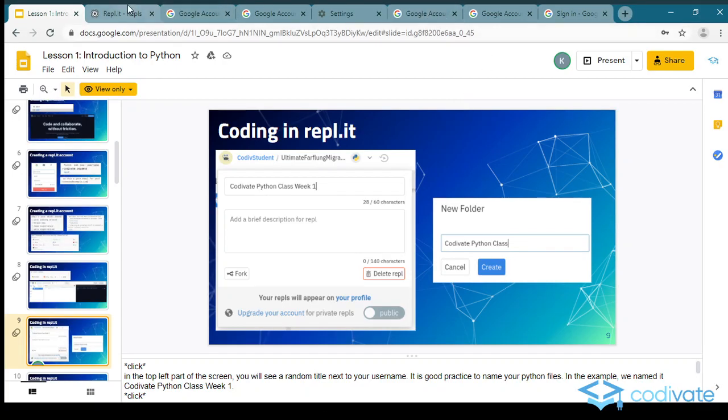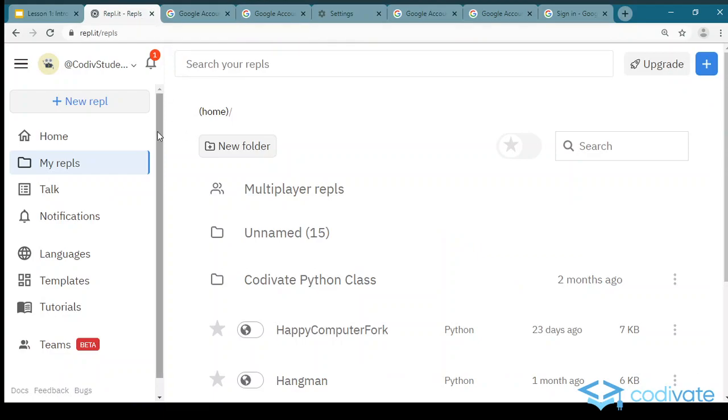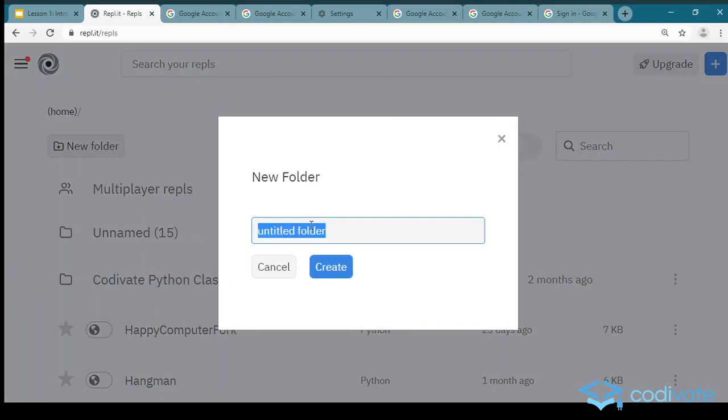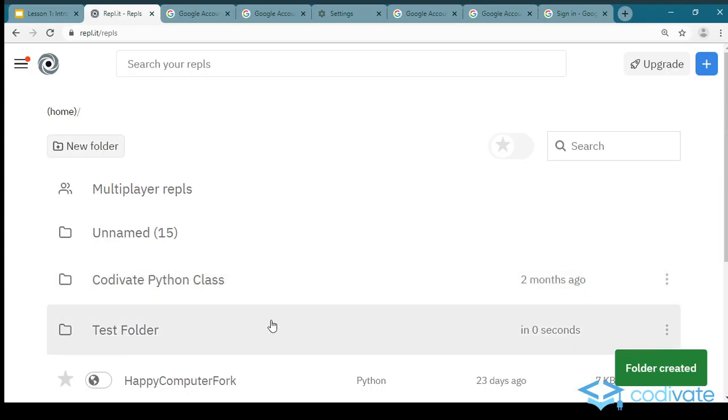Alright, so let's go to our REPL.it. What we want to do is click on these 3 lines in the top left corner, and once you do that, you'll see an option to create a new folder. You want to click that, create a new folder. Let's make it a test folder just for the purpose of this video. And once we have this folder,